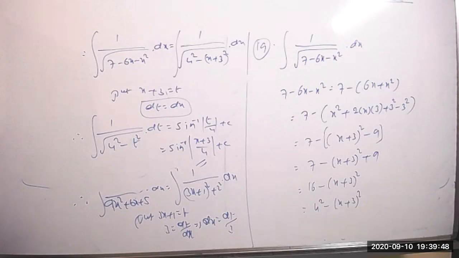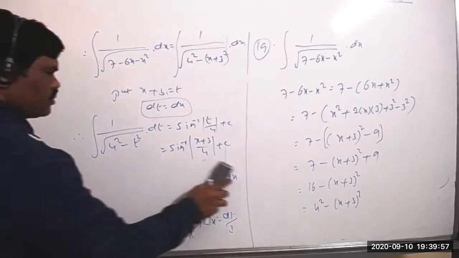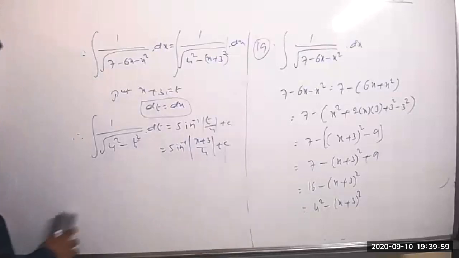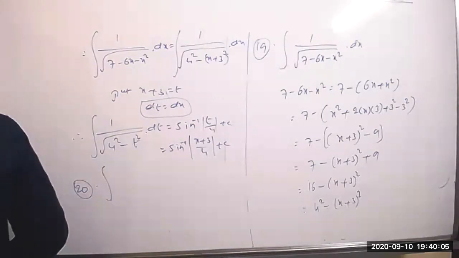So like this, I'll give a few problems to you. You can try later. Then we're going to the next concept. Because in the same models, even if we do 100 questions, you'll get the same thing only. Or 2 to 3 questions I'll give you, you can try yourself.